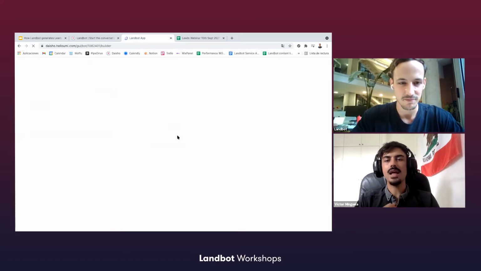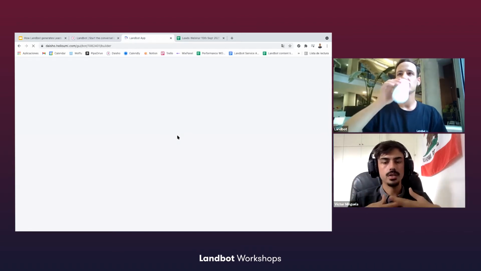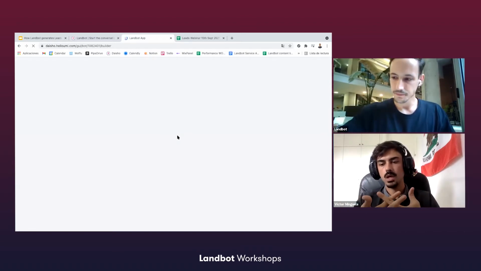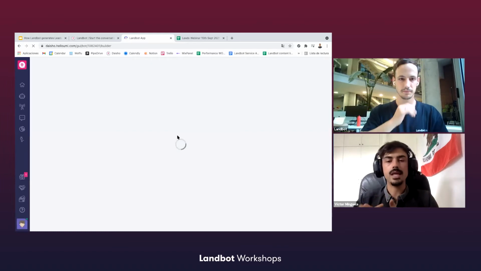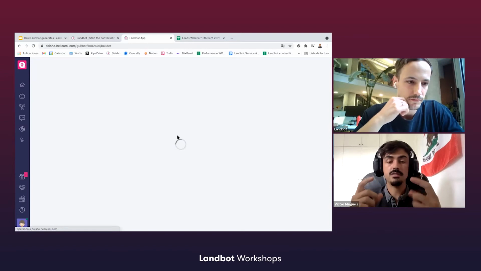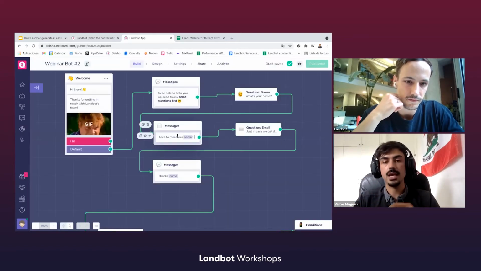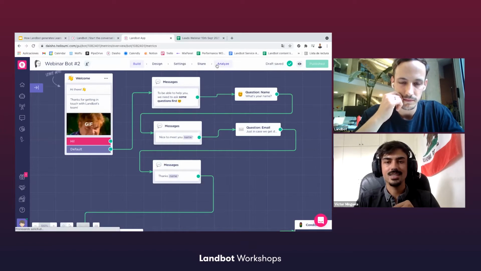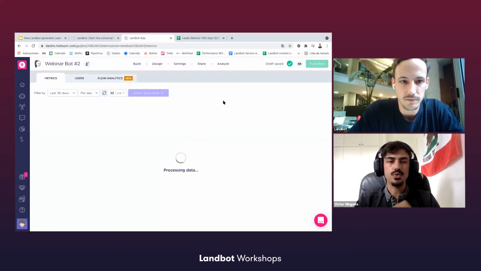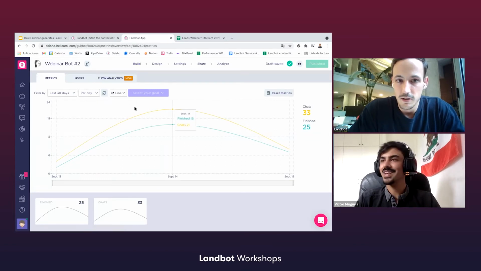There we go. Yeah, let's go to the analyze section. Because without data, how are we going to understand how to improve the bot based on that data, on the drop-off rate from some questions? Maybe there's a specific block that is creating friction. So yeah, as Chris mentioned, the analyze section is super important. I don't know, Chris, if you want me to go directly to flow analytics, or you want to explain a little bit?